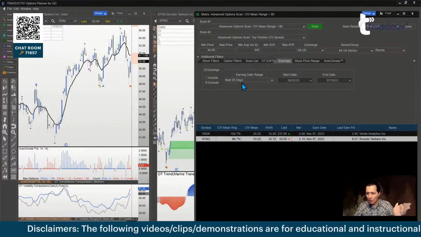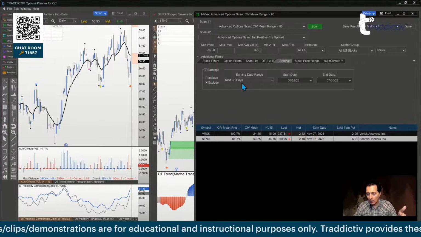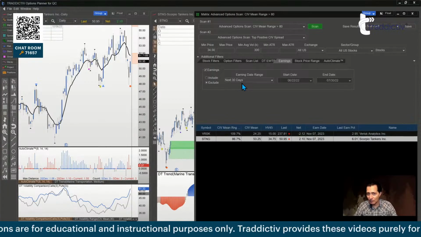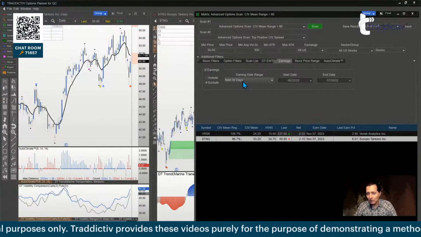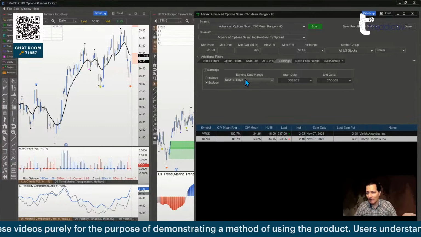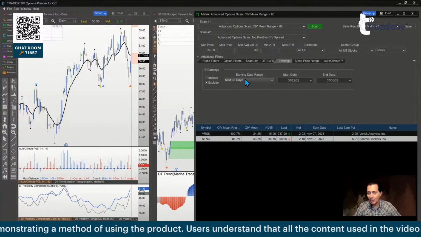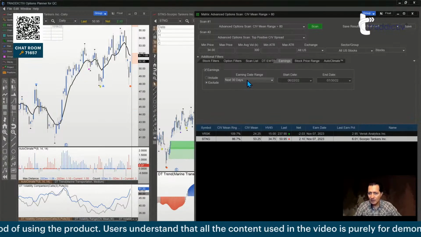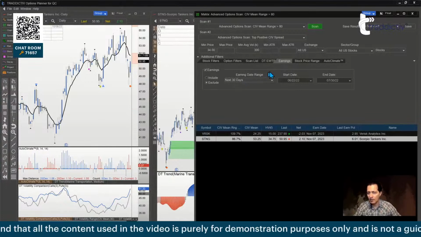So you can have the stock do whatever it has to do, but not find yourself in a situation where earnings are happening and you are in the middle of the trade before you got to your target. Because of the earnings, maybe they are bad or good, and next thing you know, you have a gap against you. It was all nice for many days, and then in the last 2 days of the trade, everything got messed up because of earnings. So you may want to avoid those situations and filter out those earnings stocks.